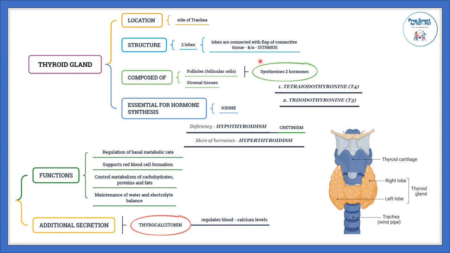Additional secretion apart from these 2 hormones, it also secretes thyrocalcitonin. Calcitonin means it regulates blood calcium levels. ये वो हमारा function and hormonal secretion by thyroid gland. Next is